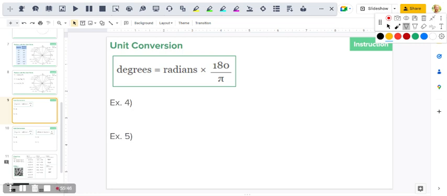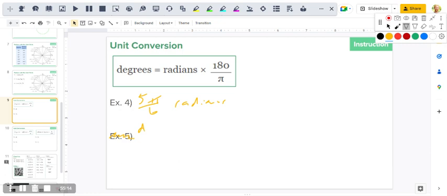So if we were given, let's say, 5 pi over 6 radians, we would want to be able to convert that to degrees. And the steps look like this. For the sake of space on your worksheet, I know I didn't give you enough, let's just do one example today, and we'll come back to more tomorrow so we can cross off that example 5 spot. If we're given 5 pi over 6 radians, we can convert that to degrees by saying,